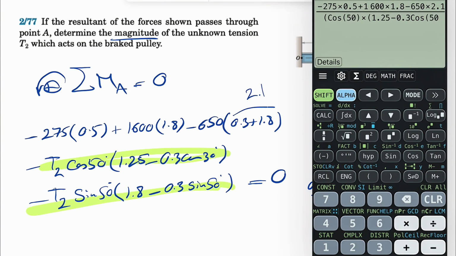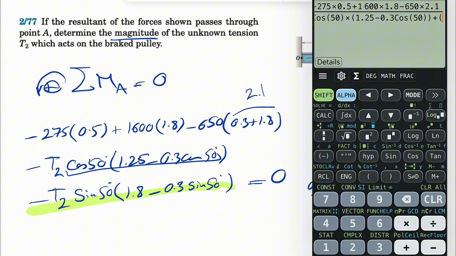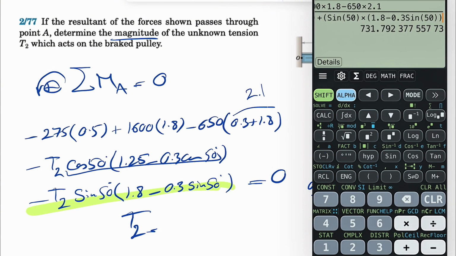I don't know why I put 30 in here. That's the first term, and the second one, we are factoring the T2, so it goes on the other side. So it will be positive sine of 50 times 1.8 minus 0.3 sine of 50. And that's going to give us